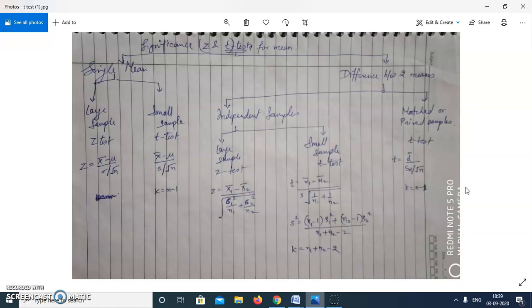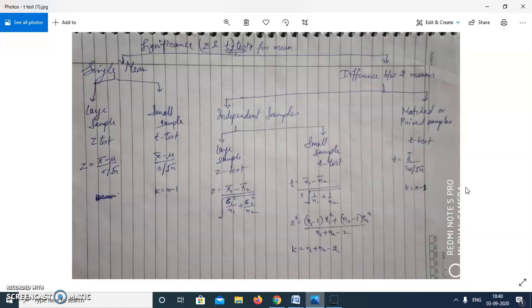If we are given the marks of batch A and batch B students, then these samples are independent, because roll number 1 of batch A hasn't anything to do with roll number 1 of batch B. But what is the example of matched or paired samples? Suppose I take the marks of batch A in first year and the marks of the same batch in third year, after 2 years. Now roll number 1's marks in first year we need to compare with roll number 1's marks in third year. That means the person is the same. So that type of question will come under the category of paired or matched samples.